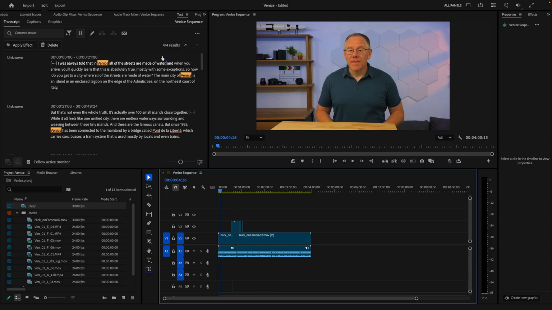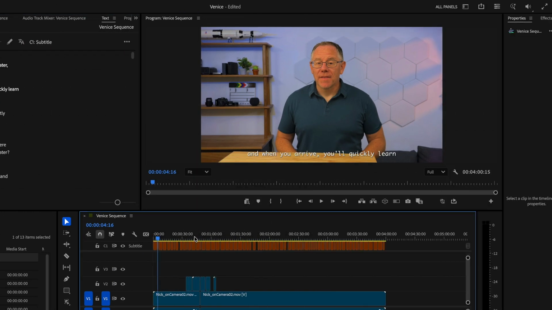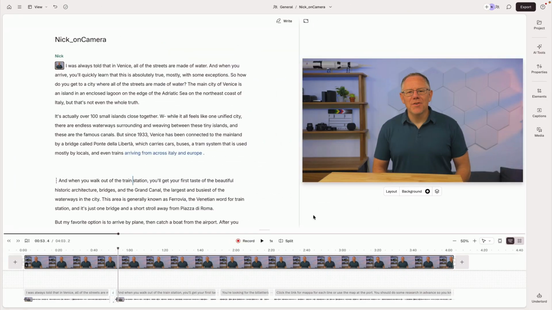Now, one related feature that you'll find in most apps is the automatic captioning feature. This is how you can put text or subtitles on the screen. In Premiere, once you have the transcript, there's a button to generate captions, which will appear as individual clips on their own dedicated track. But applications like CapCut or Descript, which are designed to support video for social media, tend